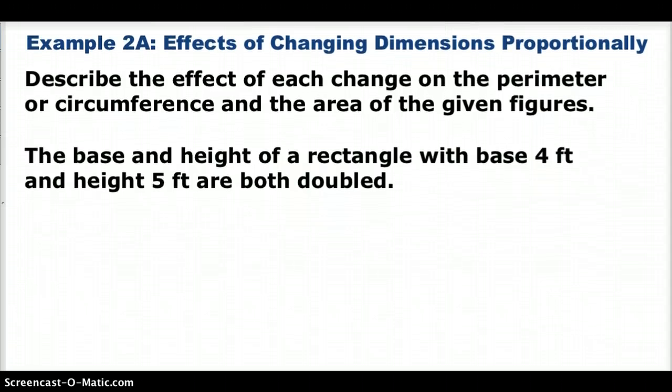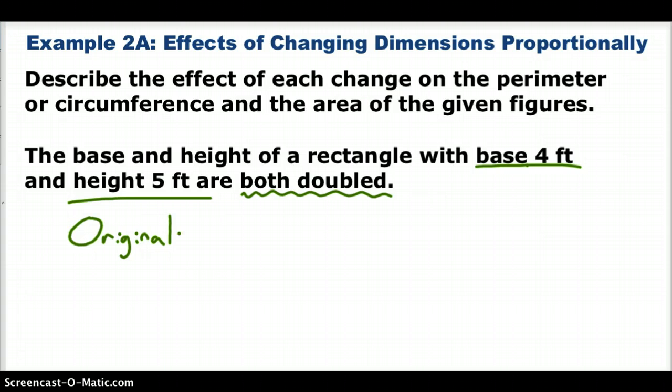This one says we want to know the effects on a rectangle with a base of 4 feet and a height of 5 feet, where both the base and the height are doubled, or in other words, multiplied by 2. So again, the base is 4 feet, the height is 5 feet, and then both of these things are doubled. So let's just look at our original